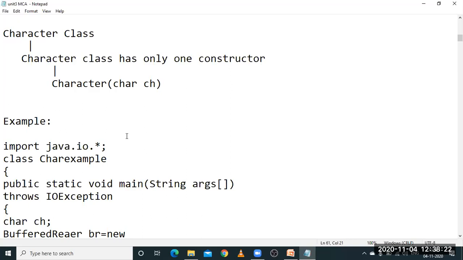In Java, the default package which is imported is the java.lang package. So why should I import it again? There is no need of using that. If I use it, the number of lines of code will increase. That's it. Because it is a default package, I didn't write anything here.